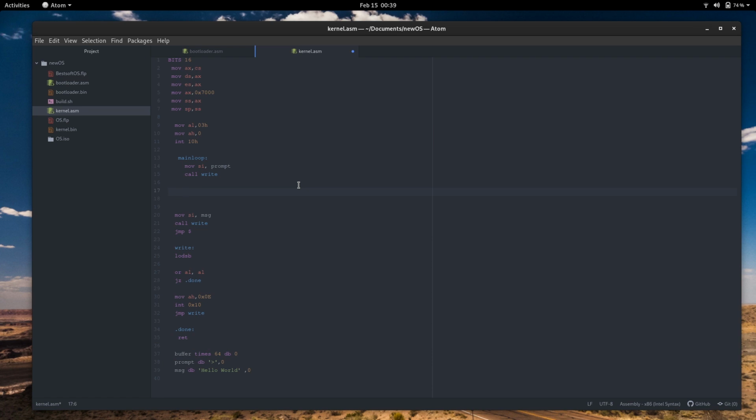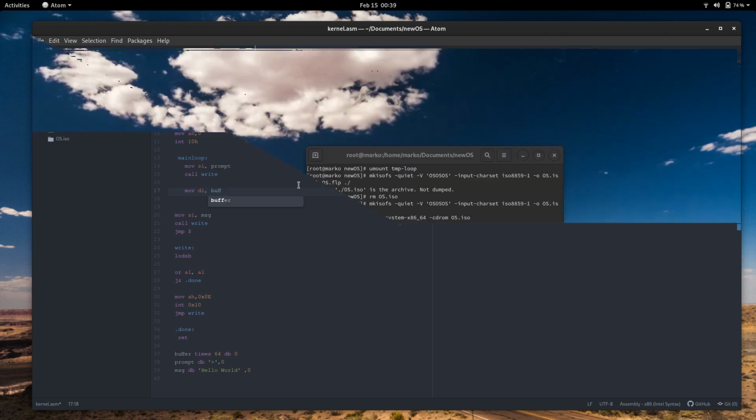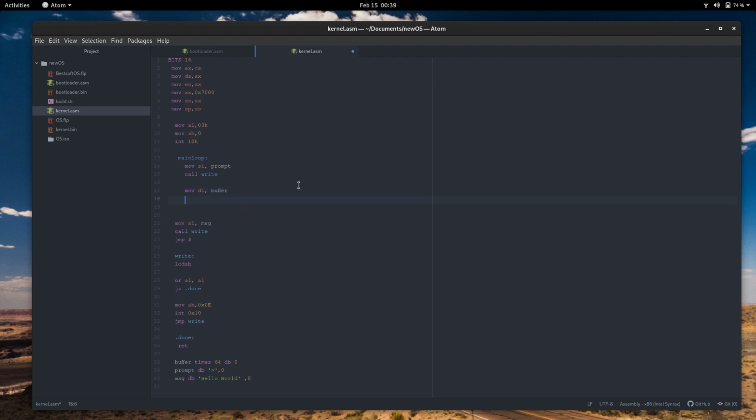So when the user types something, we are putting that in the buffer by moving to DI buffer, and then we have to make a function to get that string. So, get string,